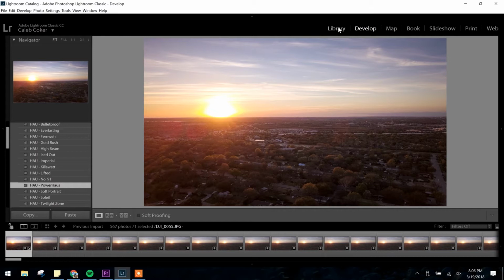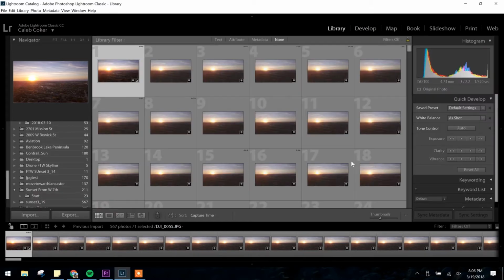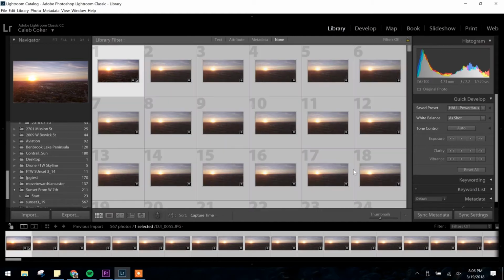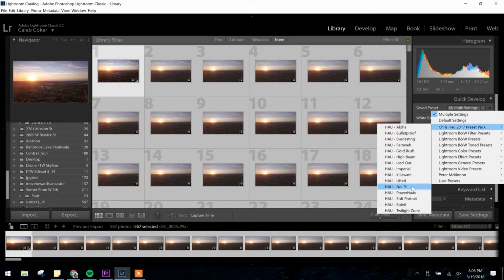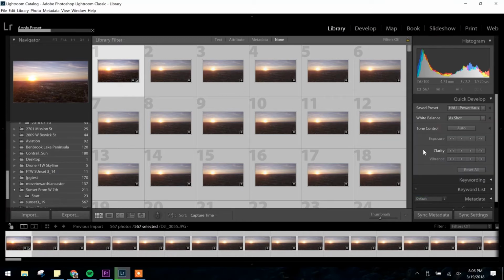And then you go back to your library. You're going to select all the photos. You can hit Control A, and then you're just going to add the preset to all of them over here on the right where you click the drop down, and it will apply that to all the photos. And then all you have to do from there is go to File,